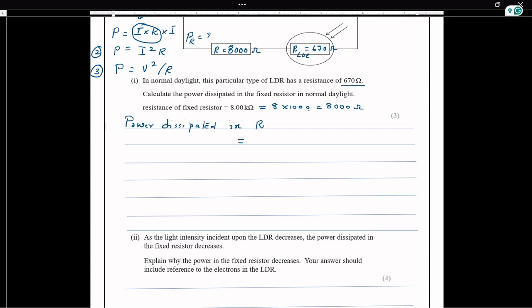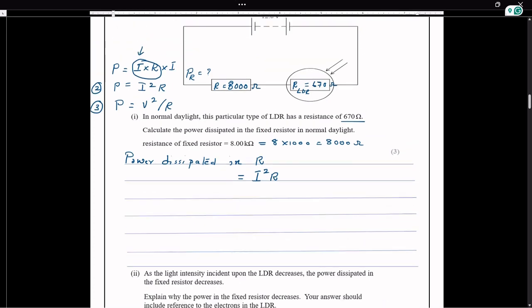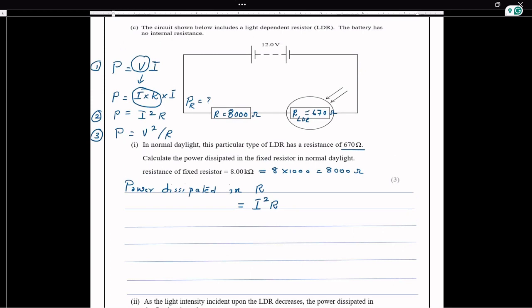But we don't know how much is the current I. We will find that out also. So it is I square R. This is the equation I'm going to use. But for that, let us calculate how much is the circuit current. We know the total voltage applied, and also we know the total resistance, R total, which is the sum of these two. So let us do that part first. R total is 8000 plus 670, which is 8670 ohms, and therefore current I equals 12 over